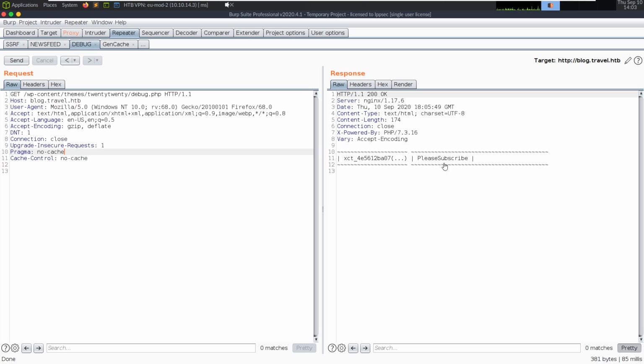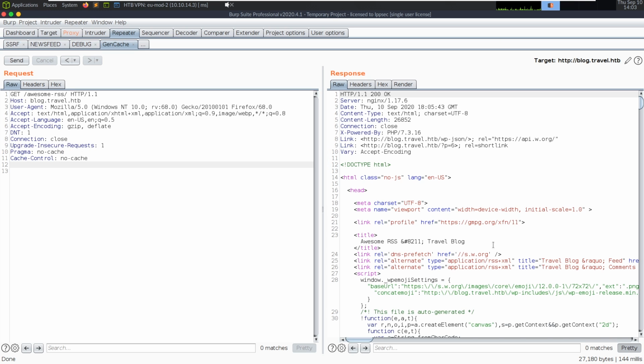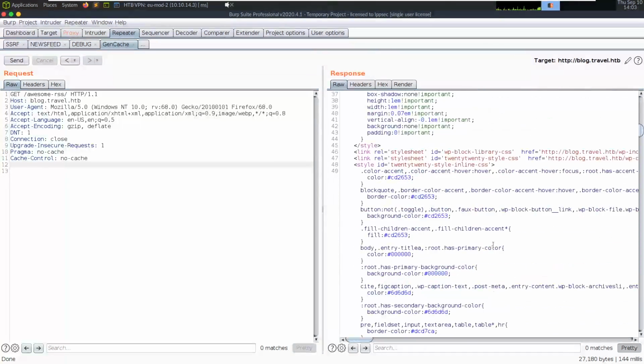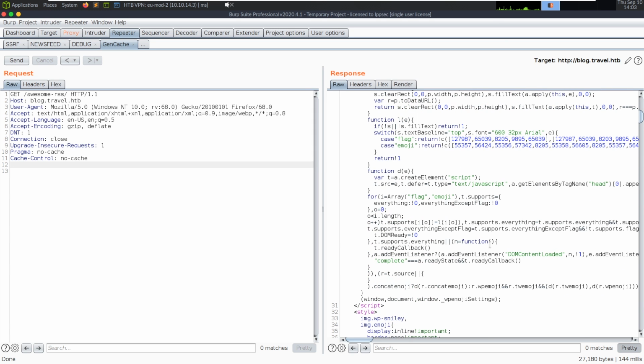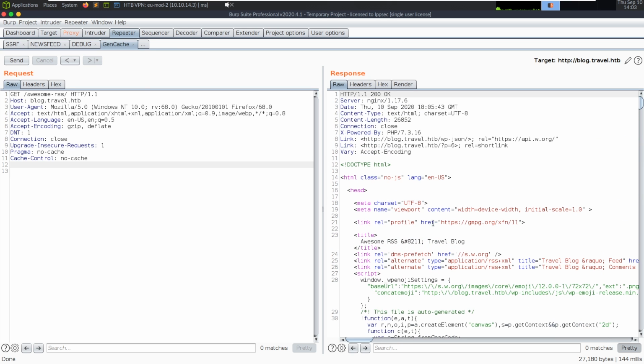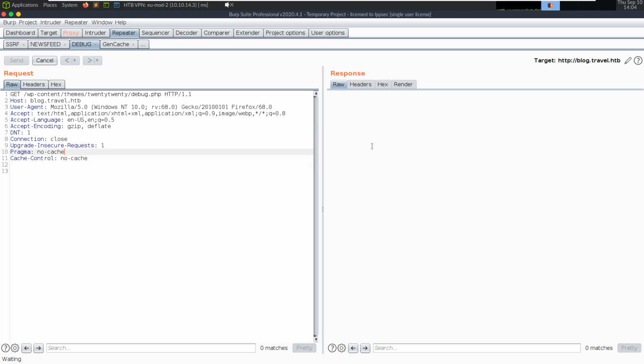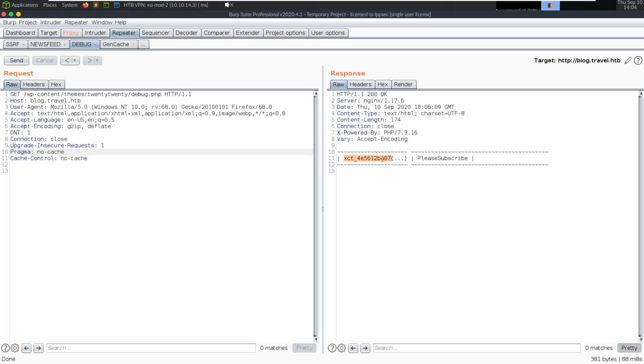Yeah, so I'm not sure exactly why that didn't work. We'd have to look at logging on the PHP server. But I'm guessing when this awesome RSS went to pull the page, it noticed the page isn't valid XML, so it just decided not to display anything. So now that we have that, we have to figure out how to put a payload here where please subscribe